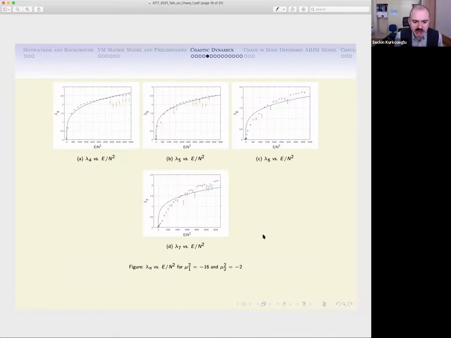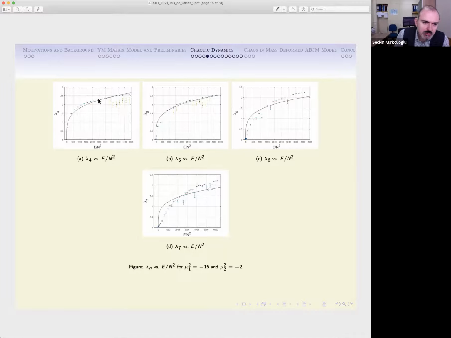So what we learn from here is the following. Look at the plots. For n equals to 7, the situation is not very nice, because it might be that our extrapolation of the coefficients is not very accurate. That might be one of the reasons, which is not absolutely clear, but that's all right.